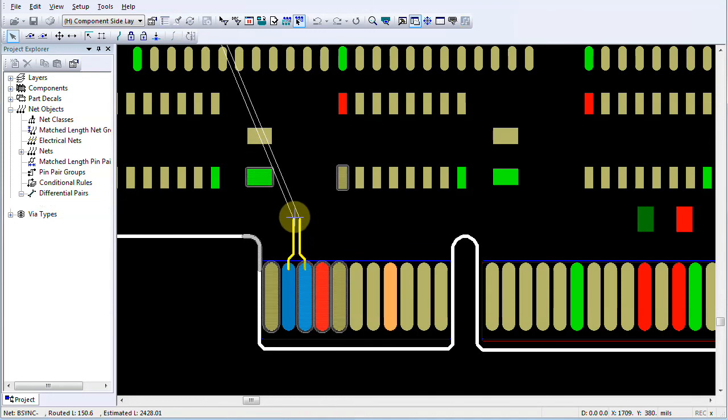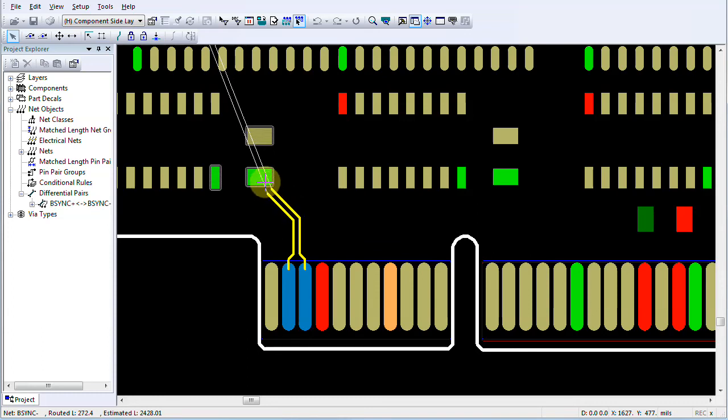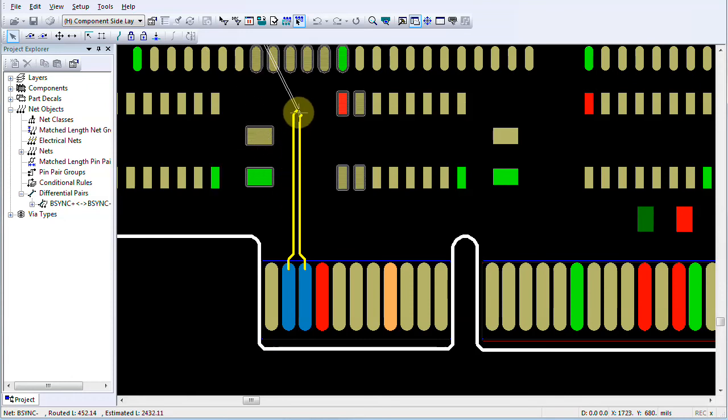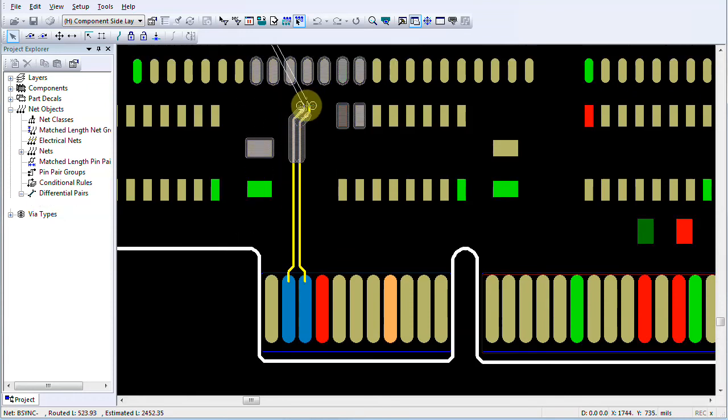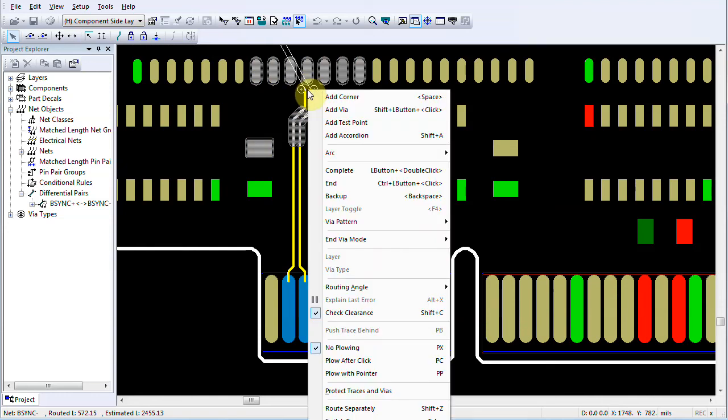As I move the pointer, both traces route simultaneously. Having selected the option to split traces around obstacles, the software automatically splits the traces whenever I encounter paths or other objects in my path. However, I can also route around objects such as these paths by manually splitting traces if I right-click and click